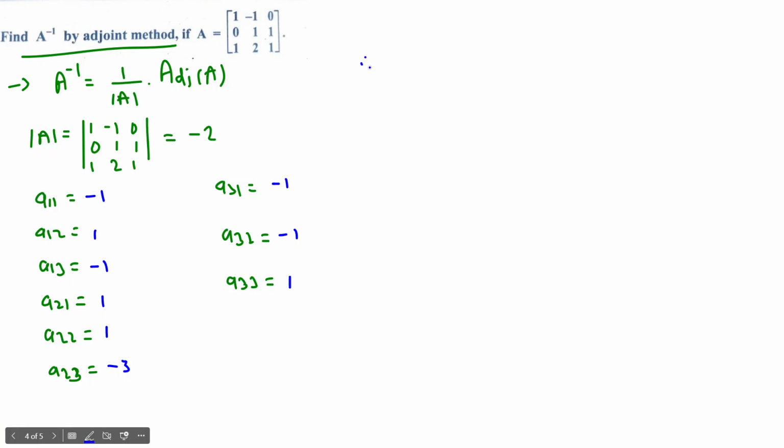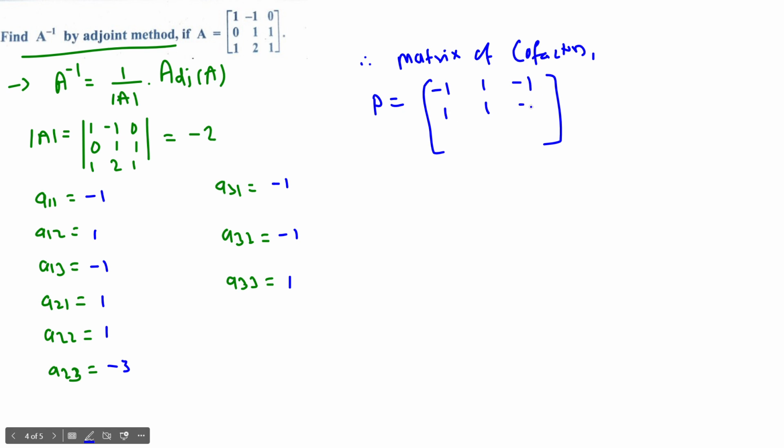Okay, and therefore after this, what we do? Matrix of cofactors, that is P, is equal to, you have to just put all values in this matrix. So first 3 points are minus 1 1 minus 1, next 3 points are 1 1 minus 3, and next 3 points are minus 1 minus 1 1, right? And then what we do, we have to find adjoint. So taking transpose, we will get adjoint of A